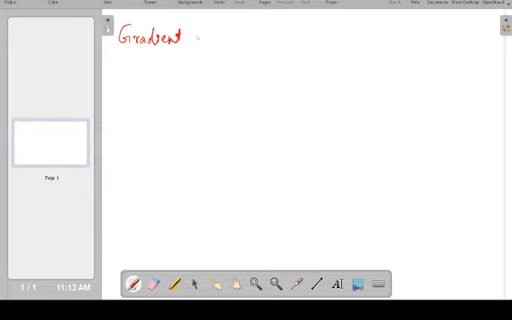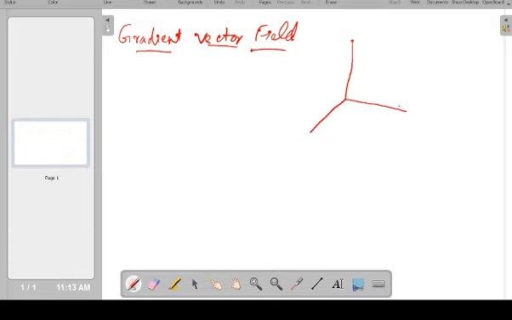Gradient vector field. So suppose I have a function defined over a region in the space. So this is space, this is x-axis, y-axis, z-axis, and this is that region called G, and here I have a real valued function defined over this region,